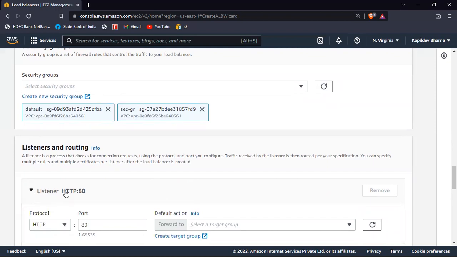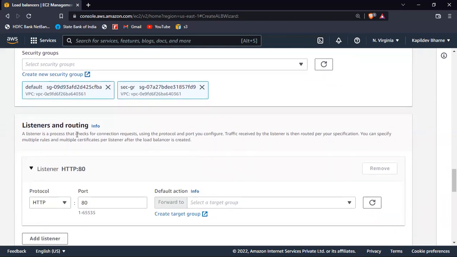Okay, now see sir, here it is given listener and routing. So here you can change the setting, okay. Here you can change the setting, listener and routing. So here, since we have chosen application load balancer, for listener it listens to traffic only from HTTP and HTTPS. So here you cannot see all options, okay, because already we have selected that